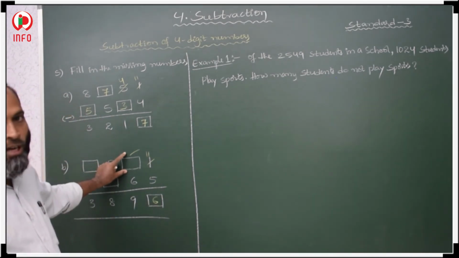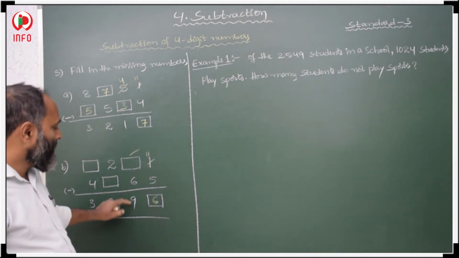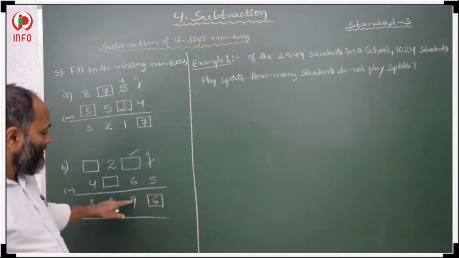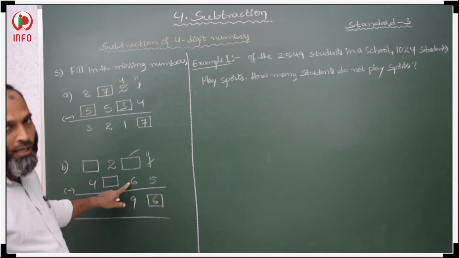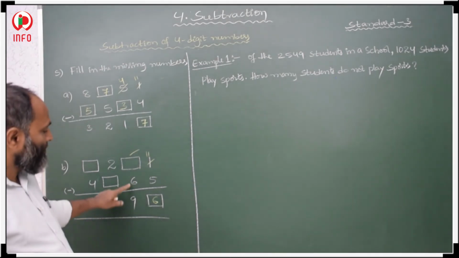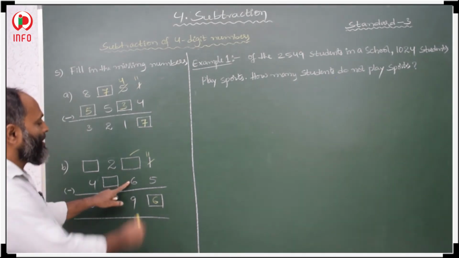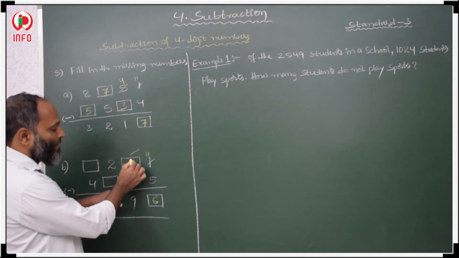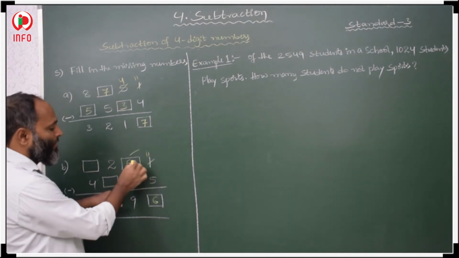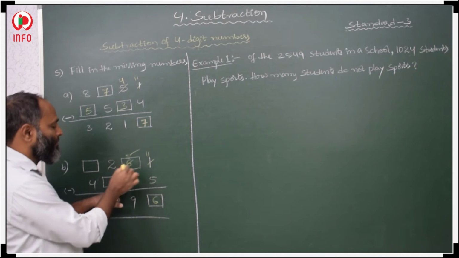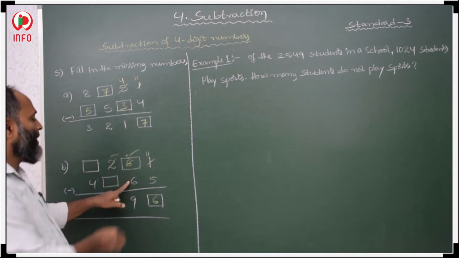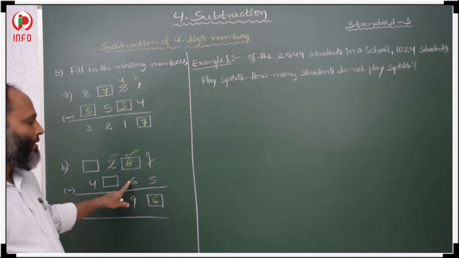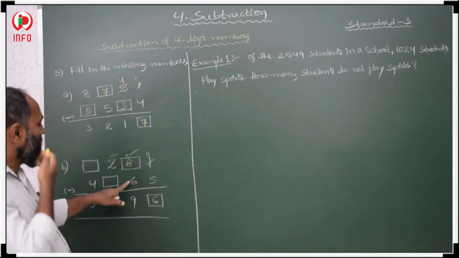Then here this is a minuend. How will we get the minuend? Adding these two, you will get the minuend. 9 plus 6 is 15. Means here 5 should come. So not 5, 6, because we are taking one out now. So now it is 5. From here, borrowing, it makes 15.